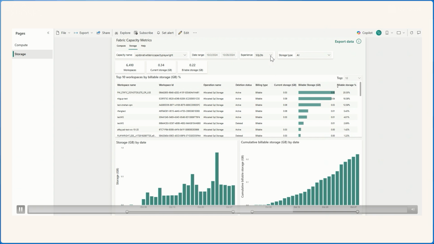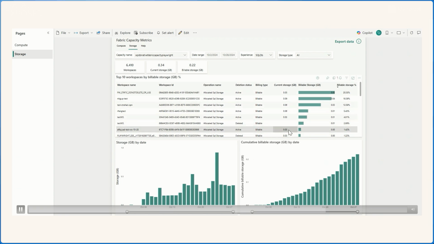And then you'll see there are 2-3 different tiles here. The tile on current storage represents the total amount of storage that we have used so far. And then the billable amount of storage is how much storage you're actually going to send to your billing meters for billing. That's an average of that. And then you have all of these different elements showing on your storage table.